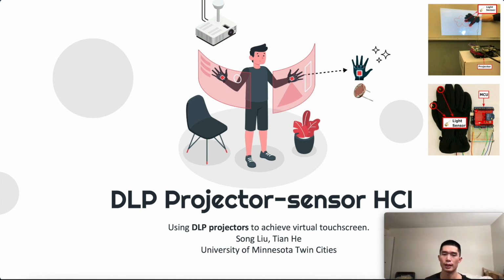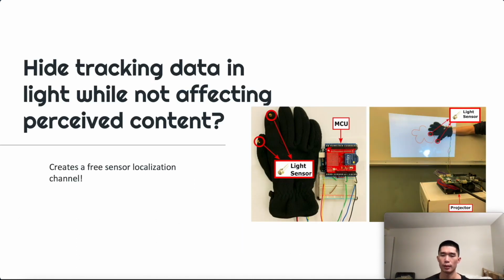BitLight is a project that uses DLP projectors to achieve the functionality of a virtual touchscreen. Our project is motivated by the idea: can we actually hide tracking data in a light medium while not affecting the perceived content? A very typical use case is to use light sensor enabled gloves, and basically use it as a virtual mouse. The light sensors will be able to receive and decode signals from the projector and figure out its location on